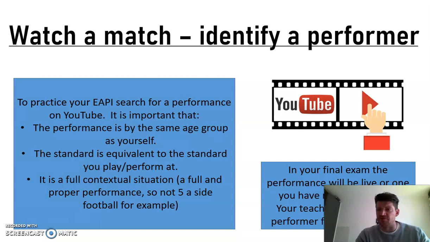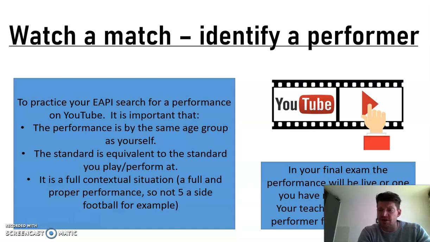And what's important when you're looking for a video, you can just go to YouTube. Your teacher might have some clips for you from previous years that you can use, because the actual clip you're going to have to watch should be something that you've never seen before, or a live performance, ideally a live performance, and then you need to go straight into your analysis. But sometimes it will be a video of YouTube or somewhere.